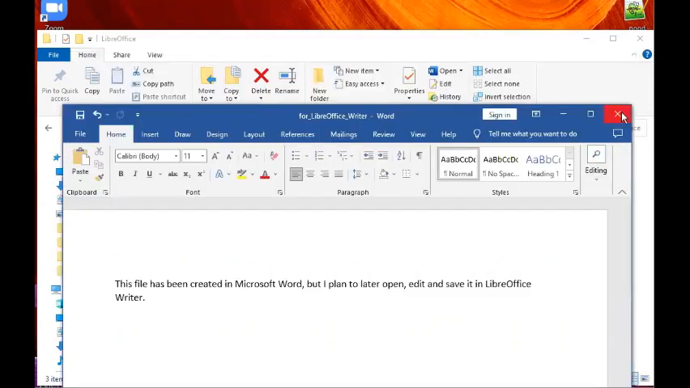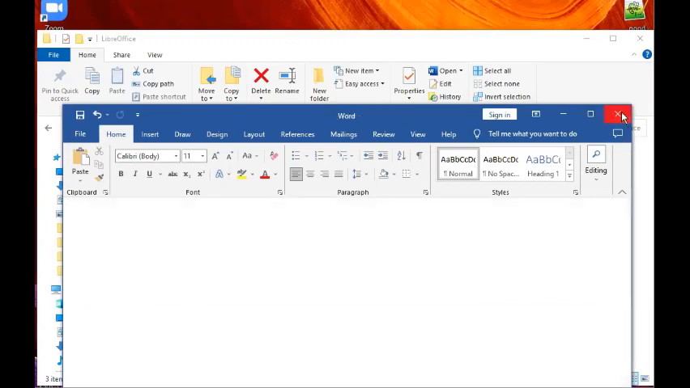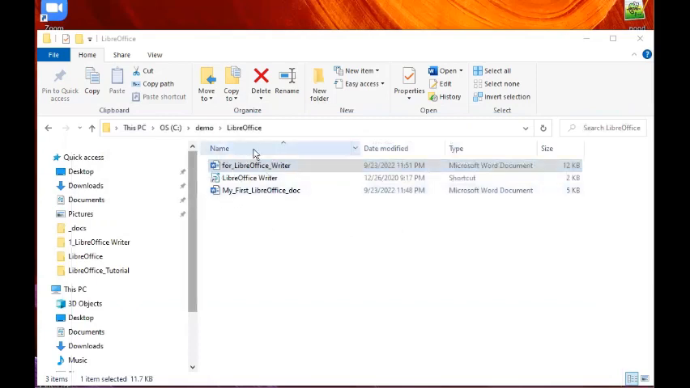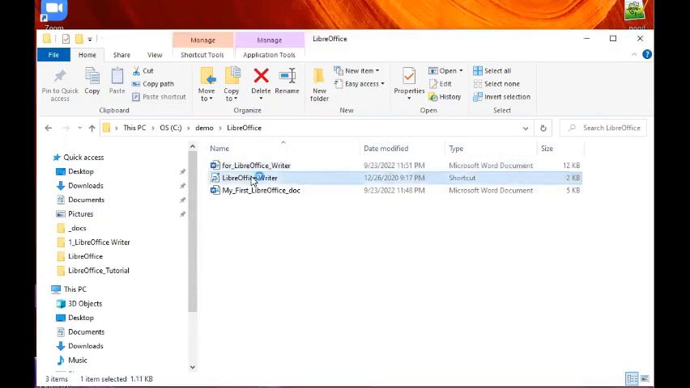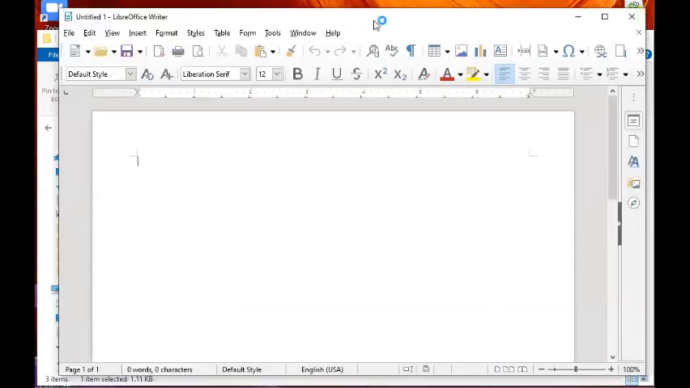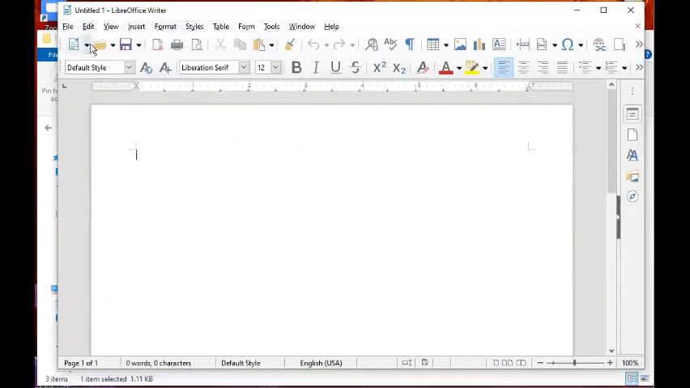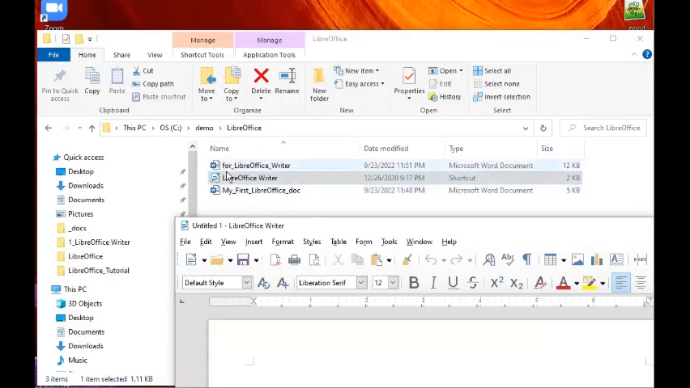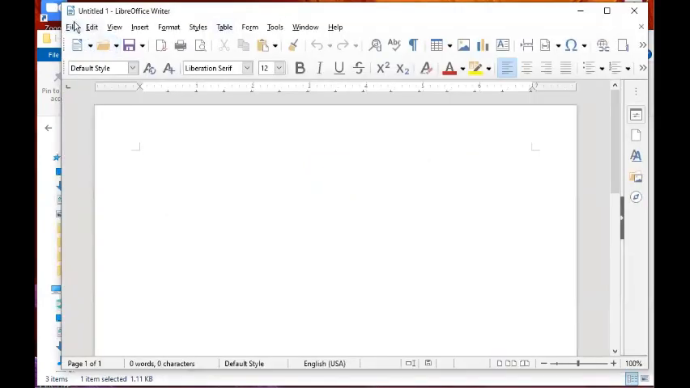Okay, and then I can close this. Remember, I have created this using Microsoft Word from scratch. So it is this file here, for LibreOffice Writer. What I'm going to do is open LibreOffice Writer to simulate the scenario wherein you are doing the reverse, which is opening a Word document using LibreOffice Writer. Okay, so we have launched LibreOffice Writer, and we want to open this file called for LibreOffice Writer, which I created using Microsoft Word. So I'll go to File, Open, or I can also click on this toolbar icon here,